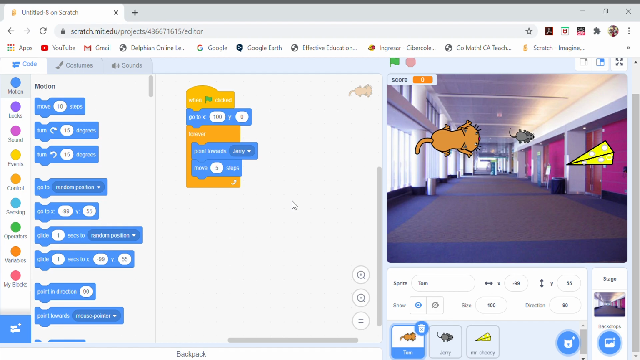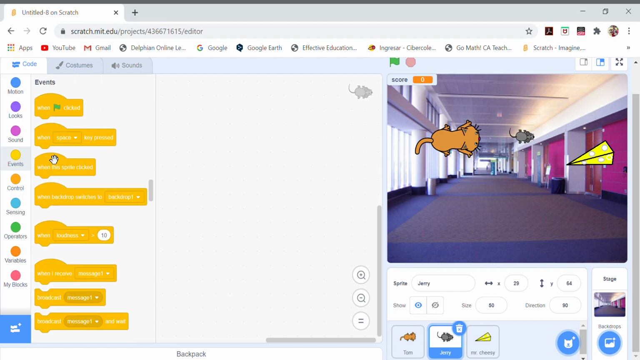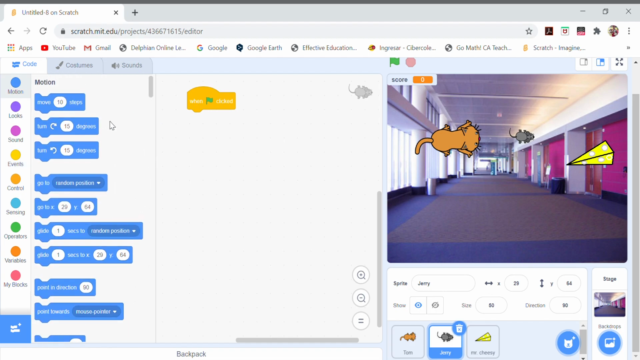I'm going to start with Jerry. So we double click Jerry here. The classical start with events. When green flag clicked, I want that Jerry go to X and Y. Yes, go to X and Y, but that's going to be X 0 and Y 0. Then I go to looks,